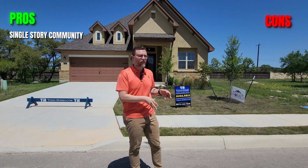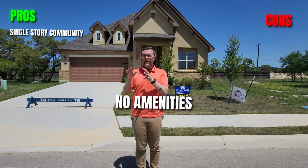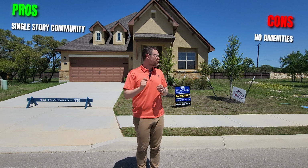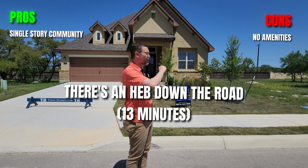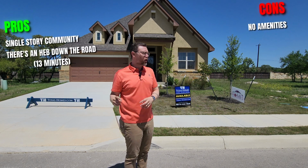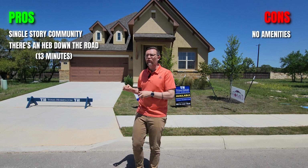Now, a con about this neighborhood is that there's no amenities, right? So this is basically for the location, right? The pro is that there's an HEB 10 minutes down the road, and then there's a golf course 13 minutes down the road. So other pros, but yeah, one of the cons, and because this community is more for people that are downsizing,